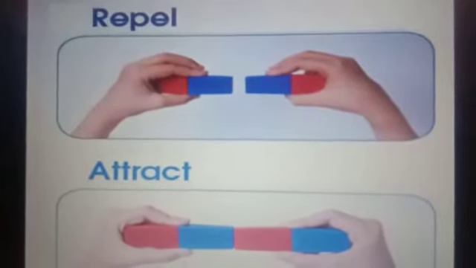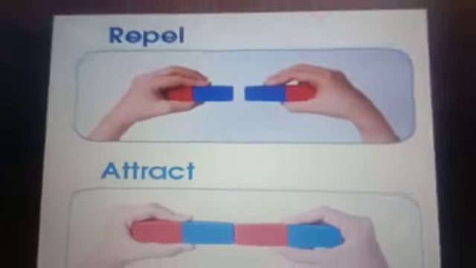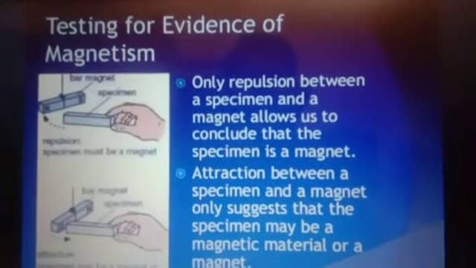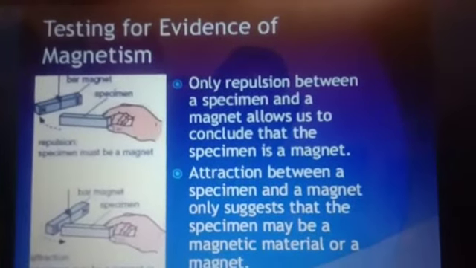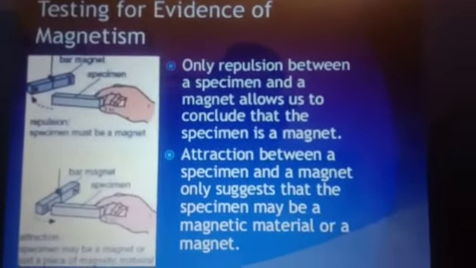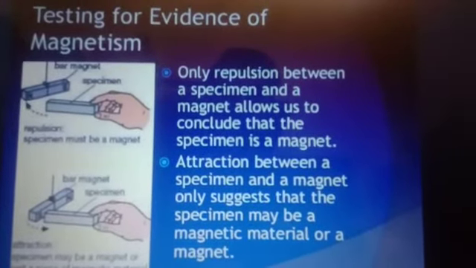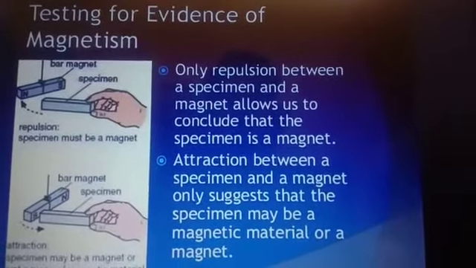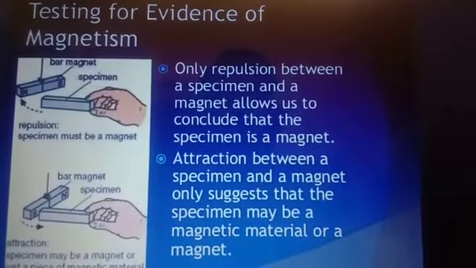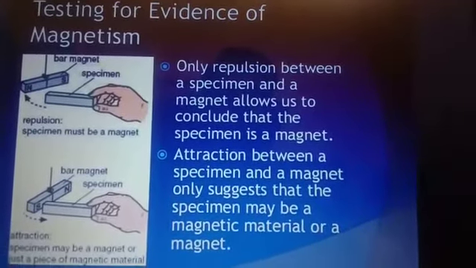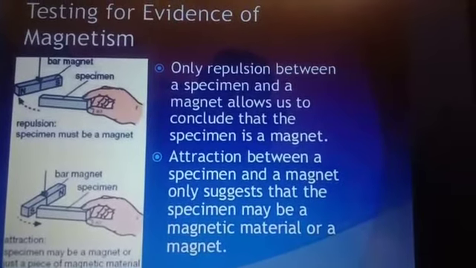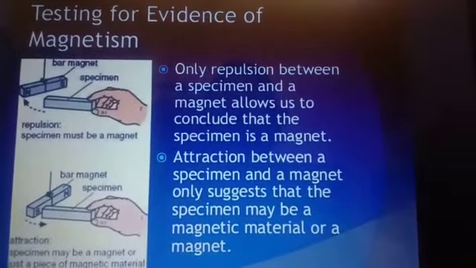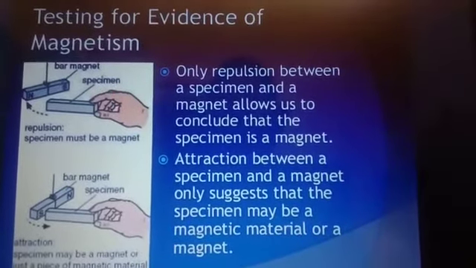Then our next point is a test for magnetism. Suppose we are given two identical bars of iron, one of which is a magnet and the other is an ordinary bar of iron. We want to find out which of them is a magnet. We can do this by using any object made of iron or steel, such as a paper clip or a safety pin, as follows.